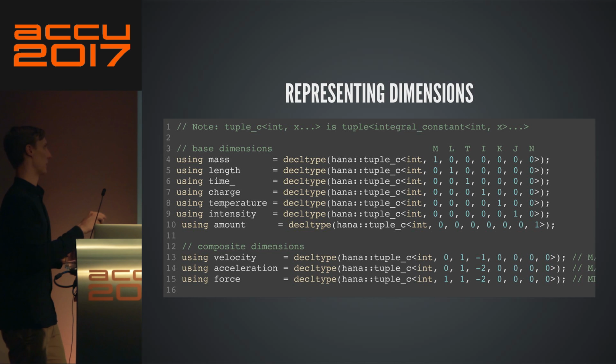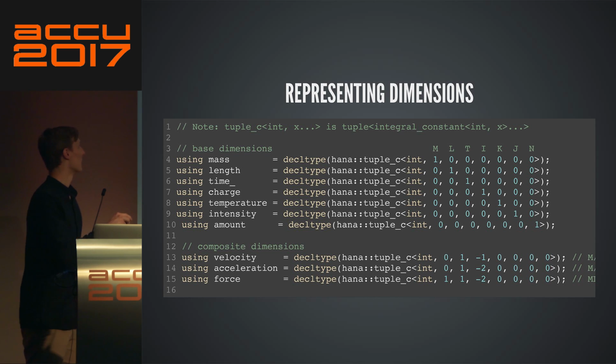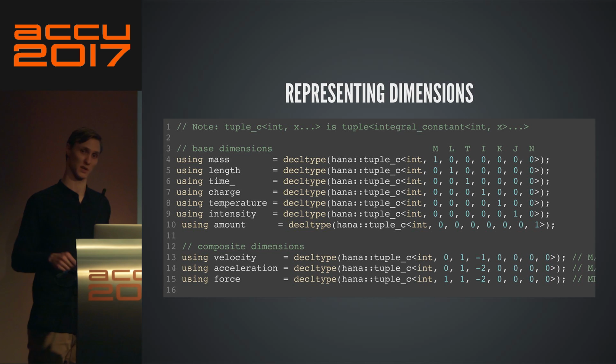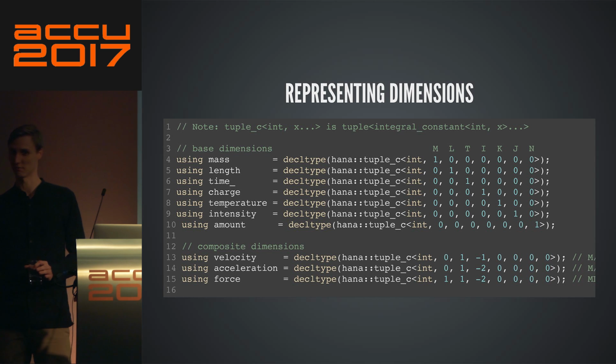Why do I use decltype? Because I made a mistake when I designed that library, which I now consider to be a mistake. I'm sorry for my users, but to make this an object. Because the idea was everything's an object. We don't ever need types. Everything's auto. That was kind of the design. That was a tenet of the library at first.